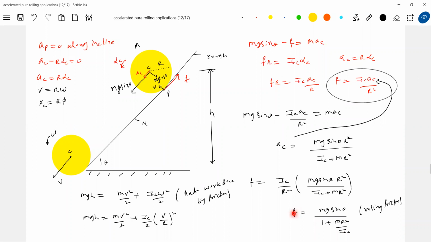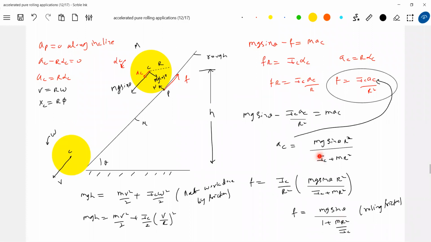So the rolling friction, shall I say, depends upon what? Depends also on the distribution of mass. Let me release a ring and a disc, all of mass m and radius r. If I release them, the rolling friction acting on the disc and the ring, will it be same? The answer is no. It also depends on what? Distribution of mass.